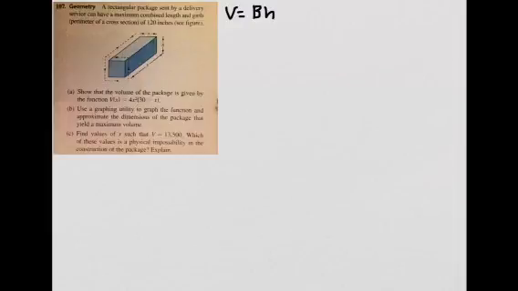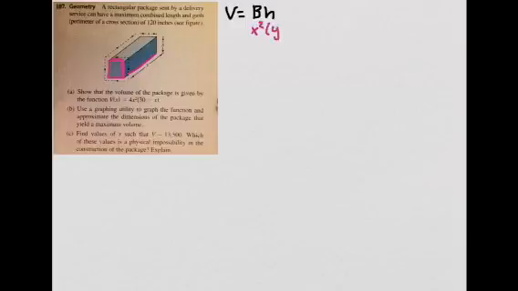Okay, so for problem 107, they're asking you to show that the volume of the package is given by the function v of x, and then what follows. Remember that the formula for a volume of a rectangular prism is the area of the base times the height. So I'm going to take this as the base right here, and this as the height. Okay, so it's a square base with dimensions x and x, right? Because it's a square. So it's going to be x squared